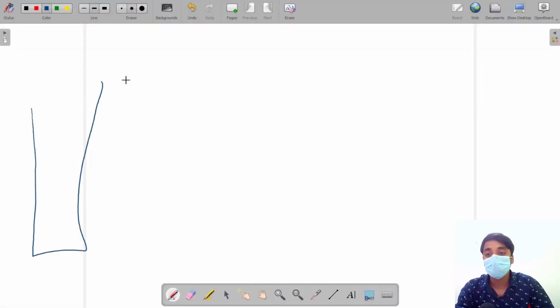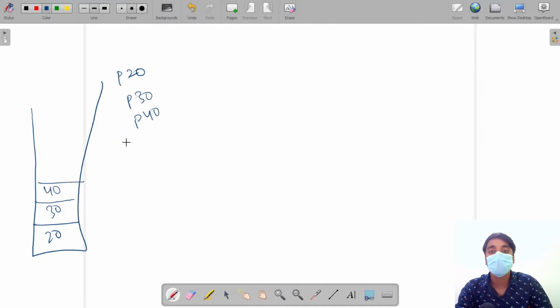Let's say we have a stack. If I say push 20, it will push the data on the top of the stack. Push 30, it will push 30 on the top of the stack. Now push 40, it will push the data on the top of the stack. Now if I ask for the top value, it will give me 40.